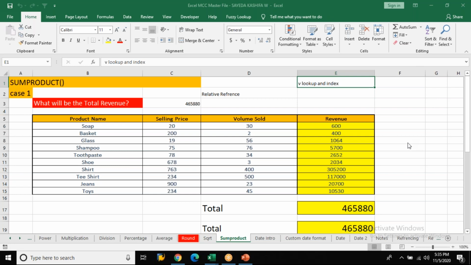Think about it. Very good, Pooja. Excellent. VLOOKUP is always very particular about the first column.